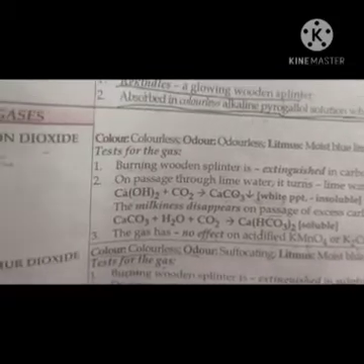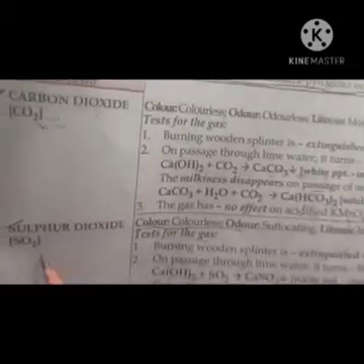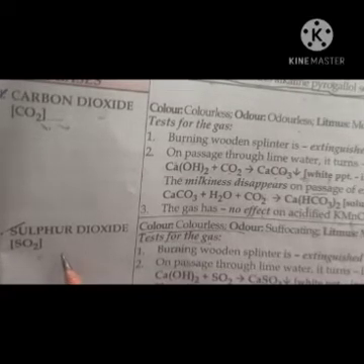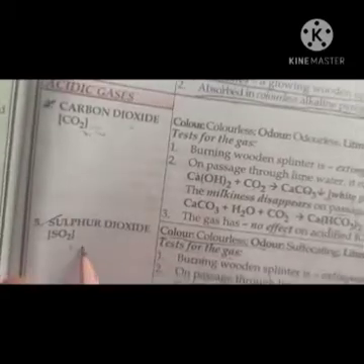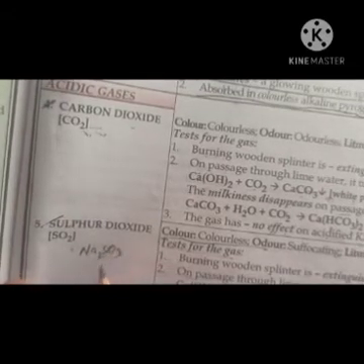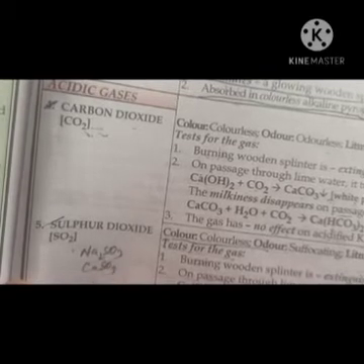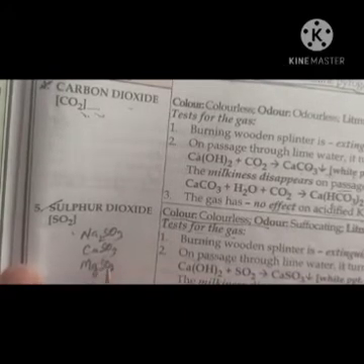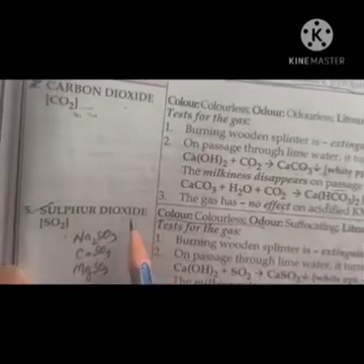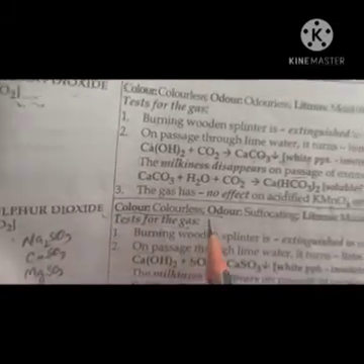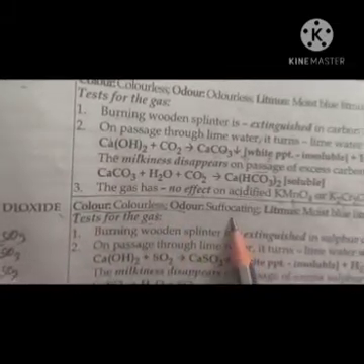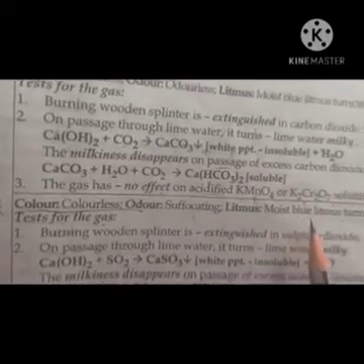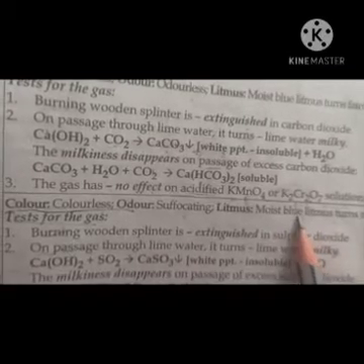Now next is your sulfur dioxide. All of you know, whenever metallic sulphites, like sodium sulphite Na2SO3, or CaSO3, or MgSO3, react with dilute acids, they always give sulfur dioxide gas, and sulfur dioxide gas is colorless but suffocating in odor, okay, and it turns blue litmus paper to red because it is an acidic gas.